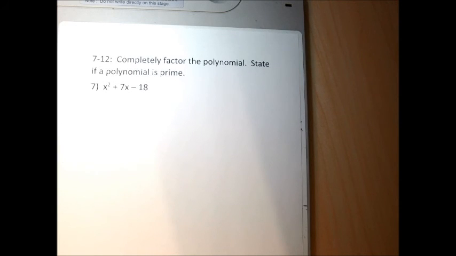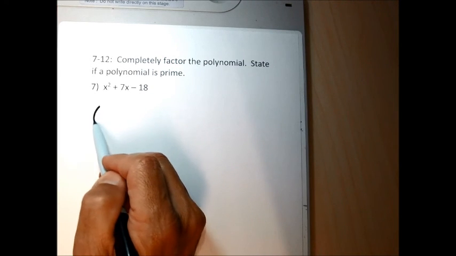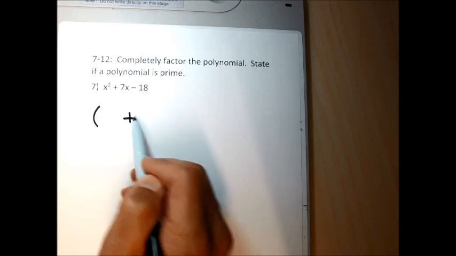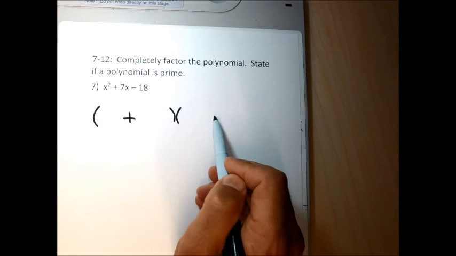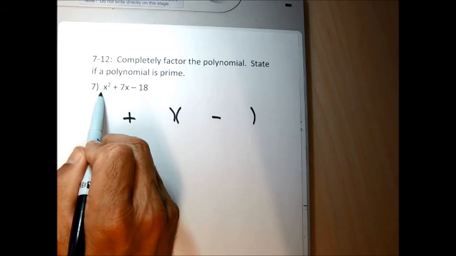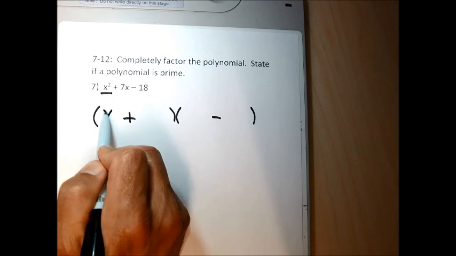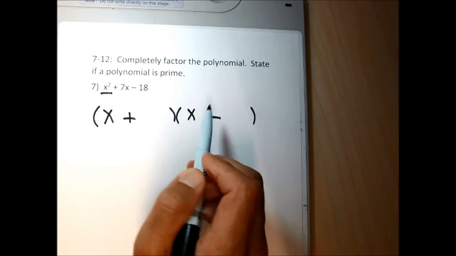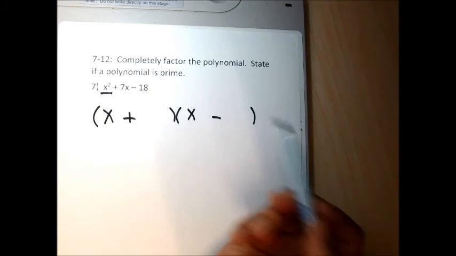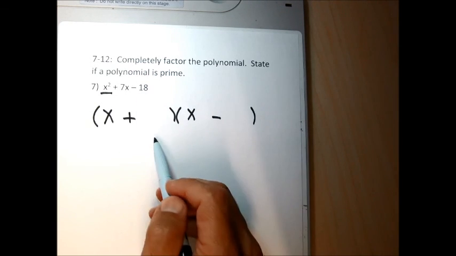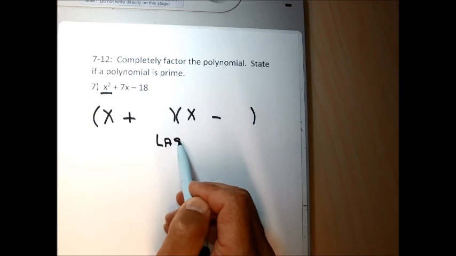For 7 through 12, my factoring, I have to remember my template and know whether I need bottoms up or not. My template for problem 7 is going to be a plus and a minus. My firsts are a couple of x's, and my lasts have to multiply to 18 and subtract to be 7. So the numbers I'm going to finish up this problem with